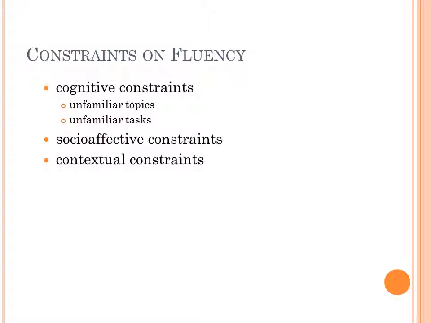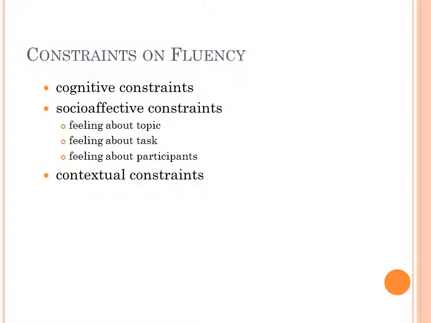You could also ask yourself how challenging is the task. Giving directions while looking at a map is less cognitively challenging than giving directions without looking at a map. Giving directions when you can see the map but the person you're talking to cannot would be more cognitively challenging than giving directions when you are both sharing a map. So you can adjust the level of cognitive difficulty by choosing topics that are less familiar, and choosing tasks that are more cognitively challenging.